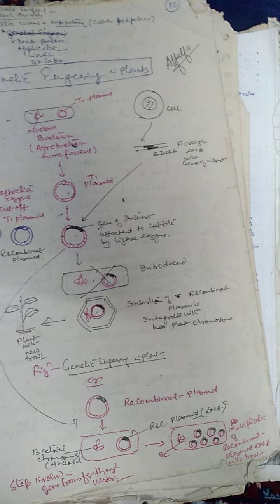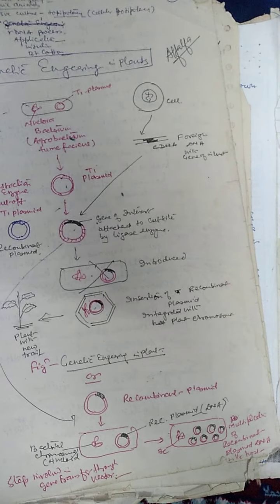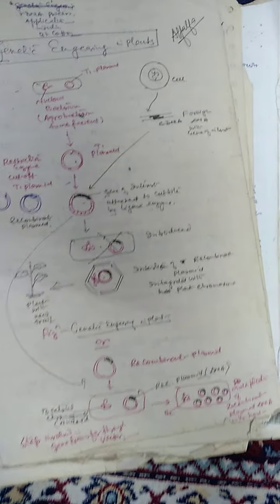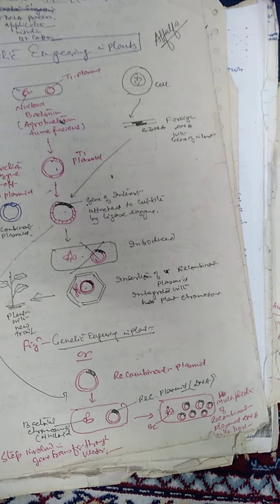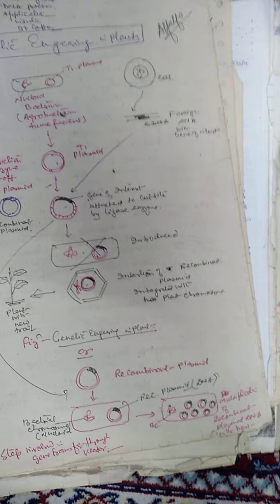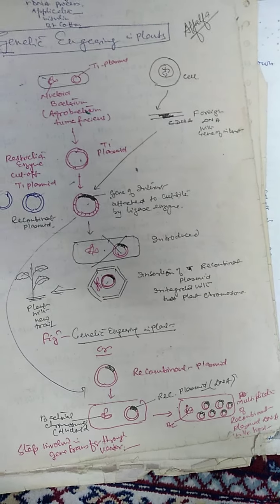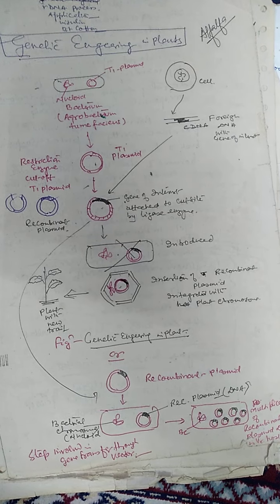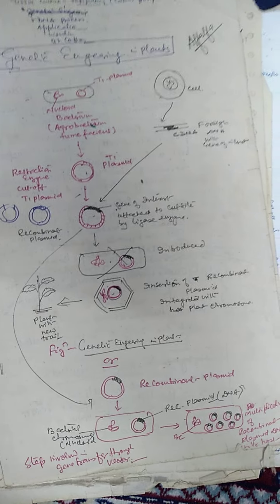First of all, the DNA of the Agrobacterium, that is the Ti plasmid, is taken out and cut by means of a restriction enzyme, and the desired DNA is attached with the help of the ligase enzyme. Now it is inserted into the cells, which can be transferred to a plant cell to create a new character, or it can also be transferred into bacterial cells to grow the number of rDNA plasmids to get the new characters.